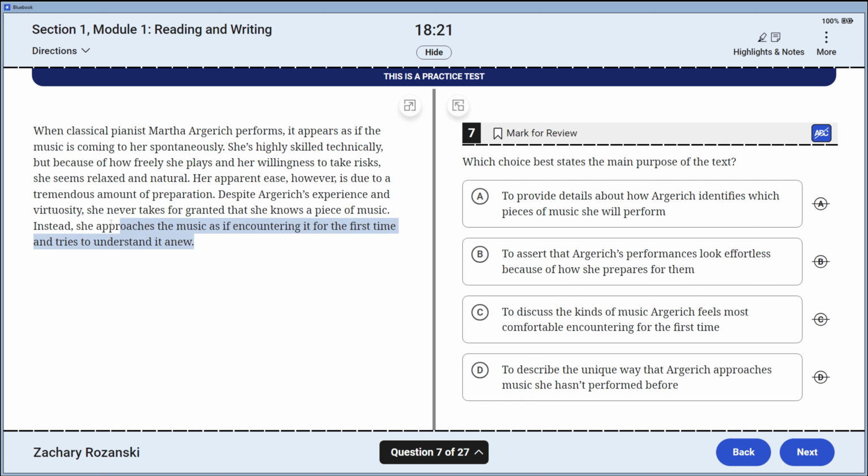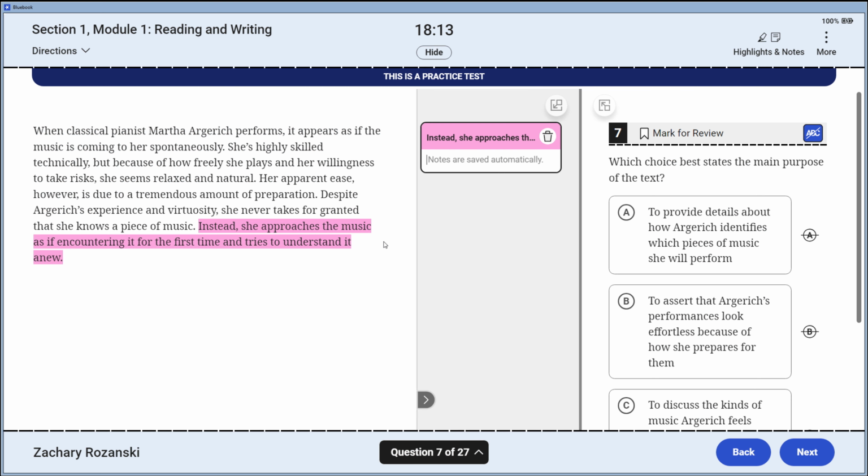I want the main purpose of the text, so I'm going to read this last sentence first. Then I'm going to work my way through, if it allows me to. I've got an instead. I want to engage that signal element at some point. She encounters it as if she pretends it is her first time seeing it and is romantically approaching it. All right, I can start at the start and start adding to my summary.